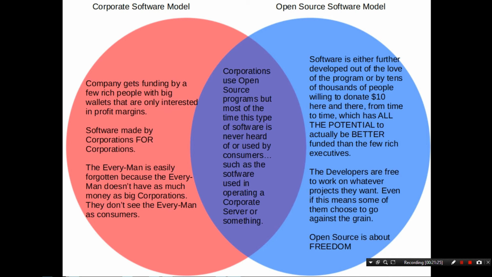But yeah, open source is used quite a bit by corporations, but by and large, if you're a company that needs a product made by another company, such as animation, then it's software made by corporations for corporations. But if we're talking about the open source model, the software is either further developed out of the love of the program or by tens of thousands of people willing to donate, sometimes $10 here and there, sometimes,